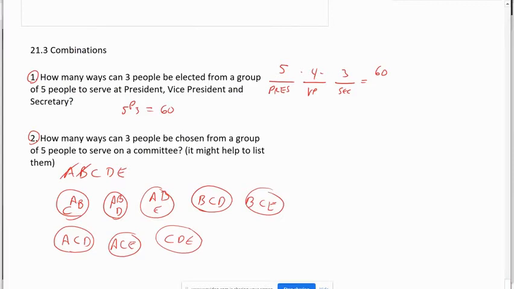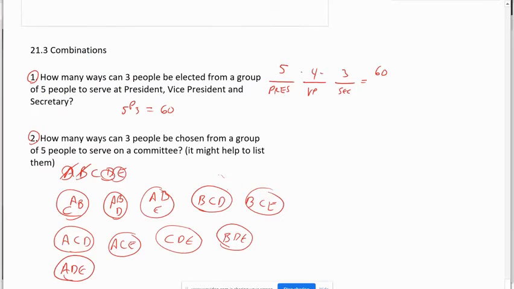Oh, I think I missed one. These 2 had B and C, but if we exclude C, we could also have B, D, E as another one. So I'm still missing one because there are 10 altogether. What I'm missing is A, D, E. And so those are the 10 different groups of people that we can get